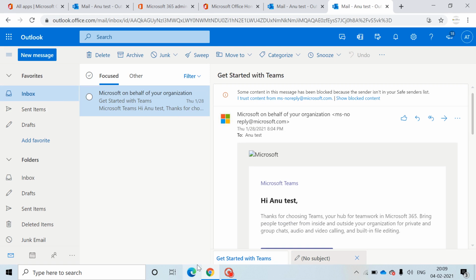If you have the Outlook application installed on your PC, you can even configure your user account, that is your email address, on the Outlook application as well. How to do that will be explained in the future when we start with the Exchange tutorials. For now, it's just an introduction. So this is how you can access your mailbox, by going online to outlook.office.com. This is what Outlook is. It gives you a 50 GB mailbox, it gives you an archiving mailbox as well, and for simply sending and receiving emails, this is how you can access the mailbox.